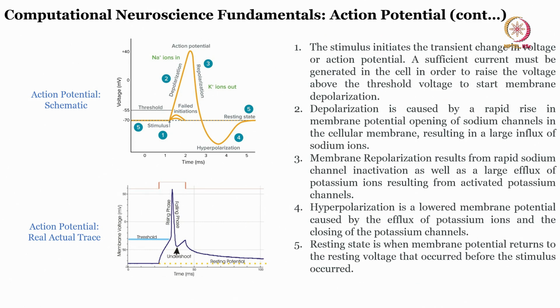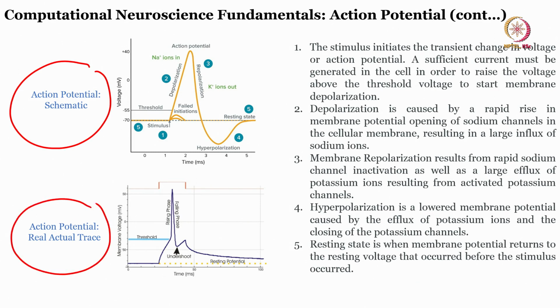If you further see in this particular schematic, there is an action potential schematic and there is an actual real action potential trace. What you see here is that there is an RMP and then there is a stimulus. When a stimulus is applied, not every time do you have the action potential; there may be some failed iterations. If the stimulus is enough, then depolarization occurs as the sodium channels get activated. Then the sodium channel gets deactivated and the potassium gets activated, and finally it comes back to its resting state. So it goes from stimulus to depolarization to repolarization, back to hyperpolarization and back to the resting state. This is the case of action potentials.